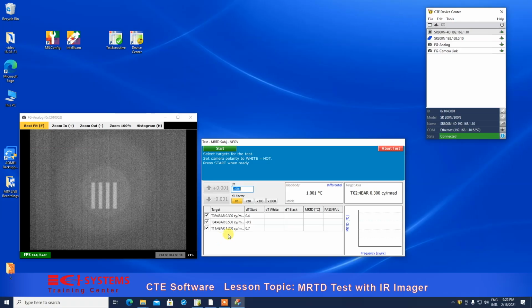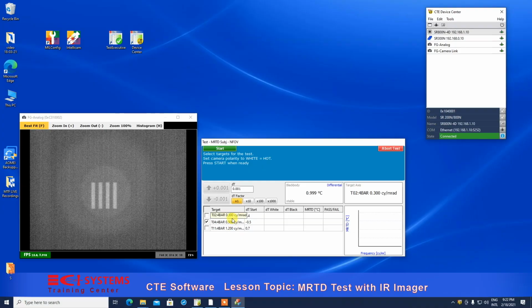And then you want to repeat the MRTD test. You want to make sure that at that point the test won't fail. So you just unselect the targets that passed, and you rerun it just for the target that didn't pass, and that will be sufficient to update the MRTD test. Let's say in this case we're going to run all 3 targets, and we're going to display a bar graph at the end. So click on the Start button,